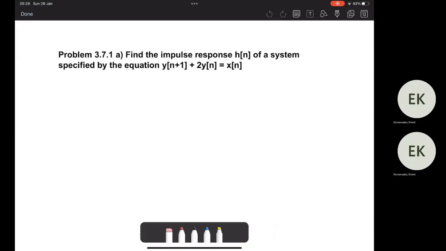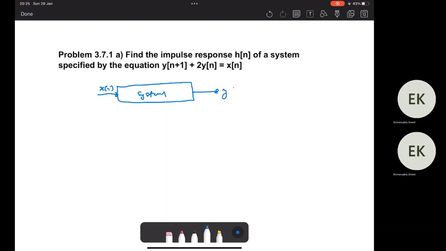In the previous video, we used a continuous time system to describe how to compute the zero input response. In this video, we're going to focus on the impulse response using a discrete time system. If we recall, we can have a system. In our case now, we have an output and an input,